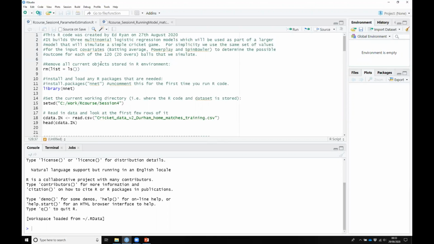So it's important to clear everything, and then if you do find any errors, it will become clear. We next install and load any R packages that are needed. I've commented out this install.packages function, but you'd run this line the very first time that you run the R code to install the particular package that you need. But once you've run it once, you never need to run it again, unless maybe